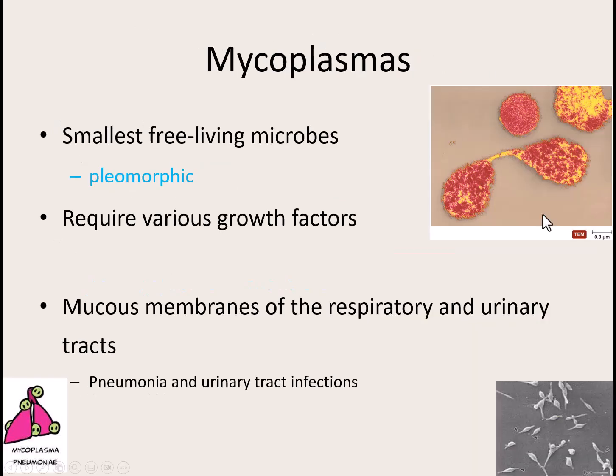Our next group of bacteria, our next genus that's gram-positive and bacilli that can't make endospores, are the Mycoplasmas. They are the smallest free-living microbes because they can just hang out in the environment. Their uniqueness is that they are pleomorphic, which means they can change their shape. So they are never perfectly round, so we do not give them that coccus shape. They're usually bacillus, but even then with a varying shape.